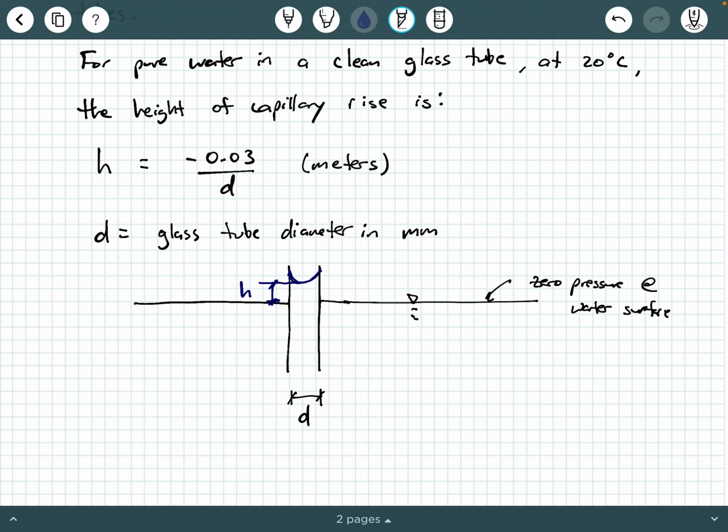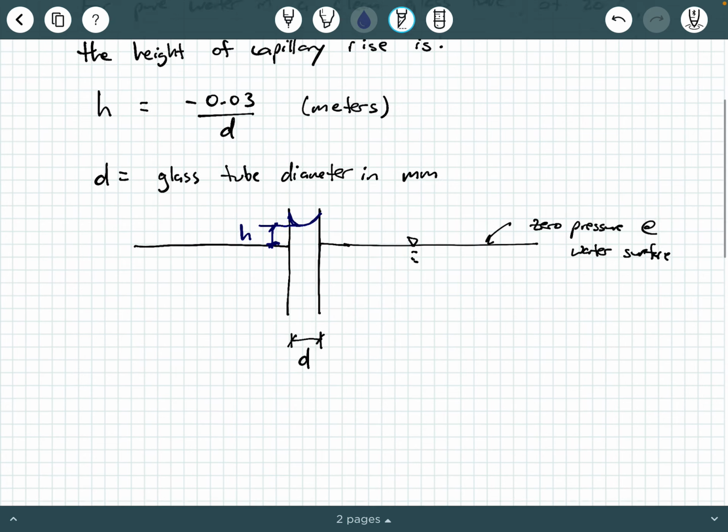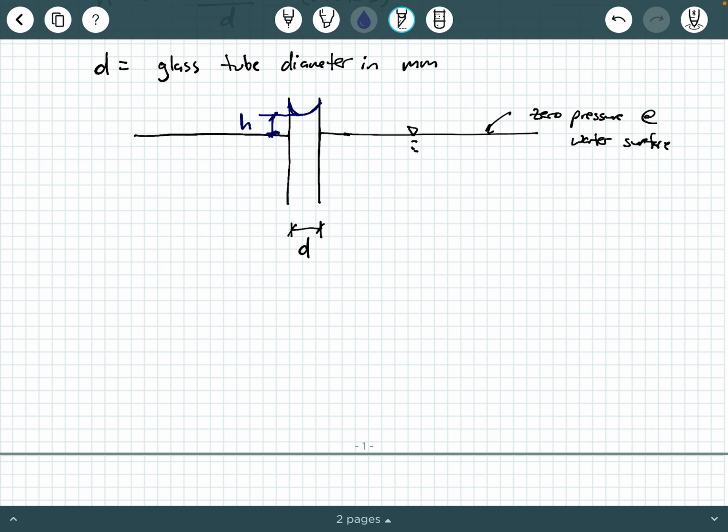Of course, this is a pretty simple calculation. You just need to be very careful with your units. Again, little d has units of millimeters, and then the whole term comes out in units of meters. Now, this is for a glass tube. What about in soil? So for soils,